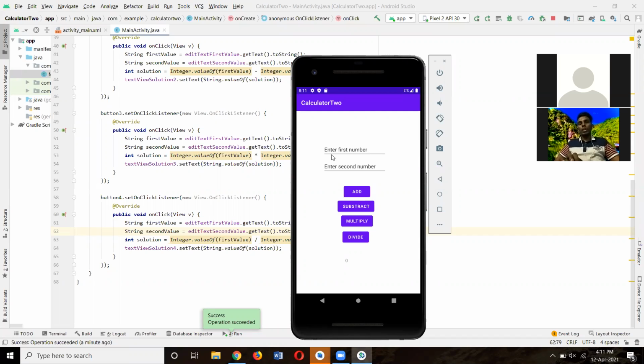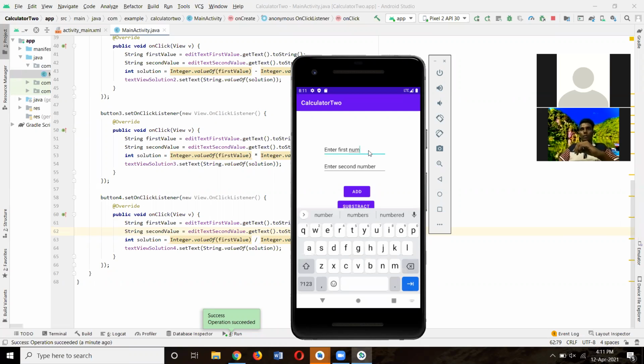This is plain text 1 and plain text 2, buttons 1, 2, 3, 4, and this is the text view. Okay, now we are going to try this. First of all, we need to input a number in here also.